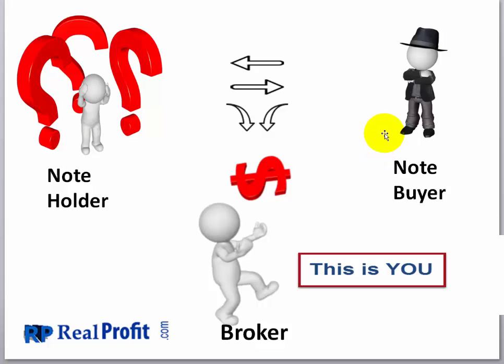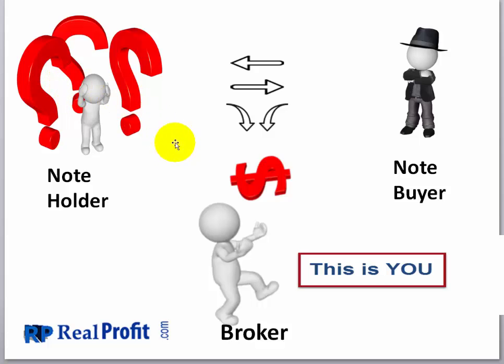The note buyer is someone who's got money and would like to receive, the way we call it, the income stream. And think about it. It's a passive autopilot income. It's not like a business where you have to show up and work every single day. It's like the bank. How often do you see your bank when you're making your mortgage? Unless something goes wrong, you probably never see your bank. Right? They don't care about you. They just want the money. Well, that's what a note buyer is looking for, that income stream. He's willing to pay for it. The note holder is willing to sell.